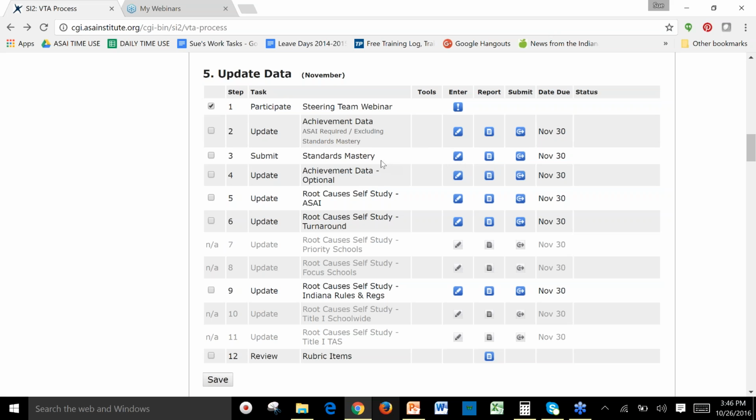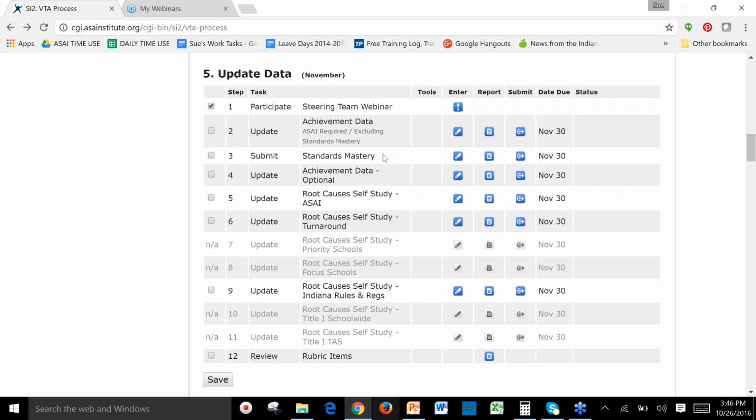We did that again because DOE has gotten us this standards mastery data to the schools very late some years, and we didn't want you to have to wait to submit all of the achievement data to us while you're waiting for DOE to get you this masteries data. So submit everything except the masteries data using this submit icon, and then when you get the mastery data in there for the standards mastery, use this icon to ask us to look over that standards mastery data.